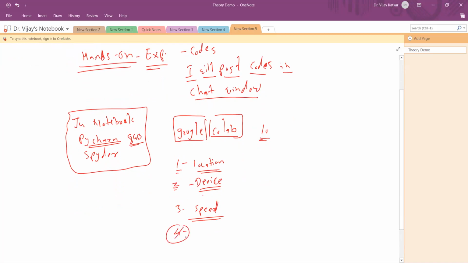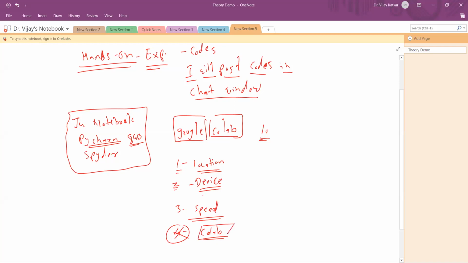But there is one downside. Whatever you do on Google Colab is accessible to them. So it is no more your private property. Google can access it and check it. If you want to do some initial experimentation, training, or testing, Colab is good. If you're thinking about a PhD, Colab is also good.